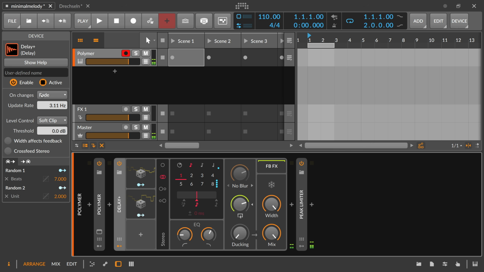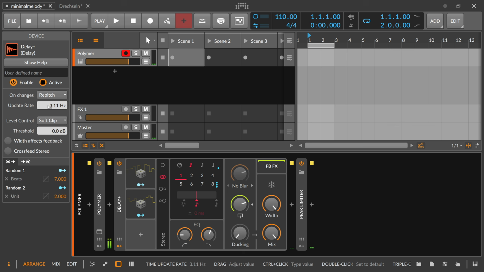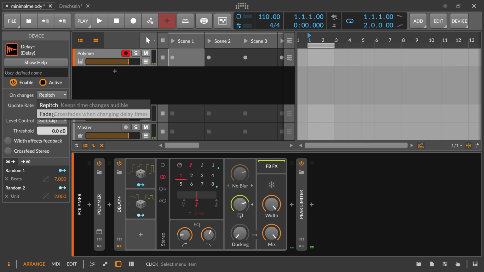And when we change this back to repitch, you can hear that we have basically just one tape delay, and when we change the delay speed, then of course we change the pitch. It's maybe not that great in all cases. So you switch this to repitch, to fade, and then